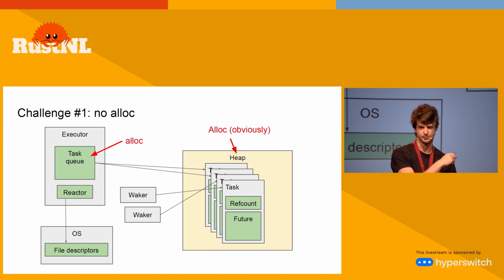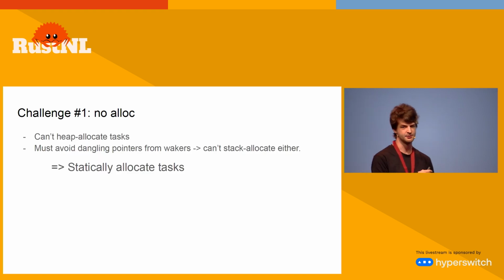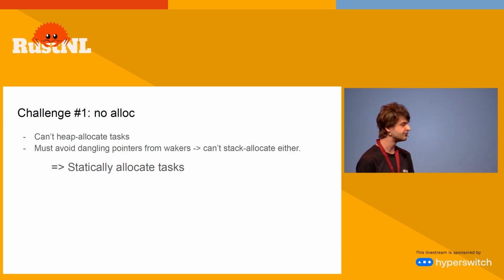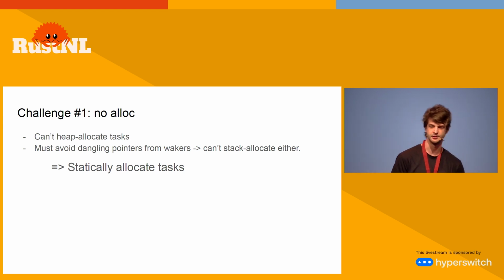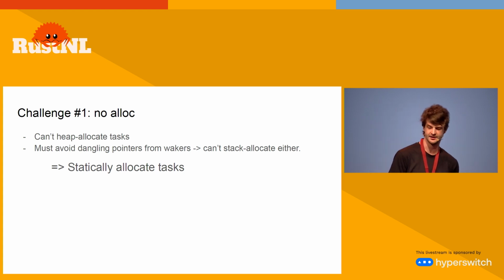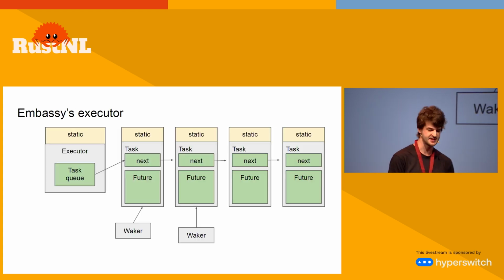And we have to prevent waker pointers from becoming dangling. With a reference count, you can delay deallocating the task until all the wakers are gone. But on the stack, you cannot do that, because the user can return from a stack frame at any time, and the whole stack frame will be deallocated, and that will leave dangling pointers in the wakers. So that's not a possibility. The logical conclusion is the third place, and the only alternative left is to statically allocate them in a static. So this is what Embassy Executor does.